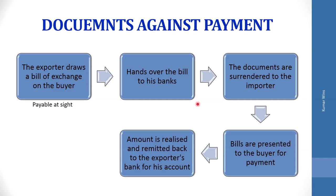Also, it may be impossible to find another buyer in case at the 11th hour, at the time of making payment, the buyer might refuse for XYZ or any other reason, right? So in that situation, it becomes very difficult for an exporter to find an alternate buyer, and it's also very difficult to reship the goods. And apart from this, there is an exchange risk, there is a transfer risk,